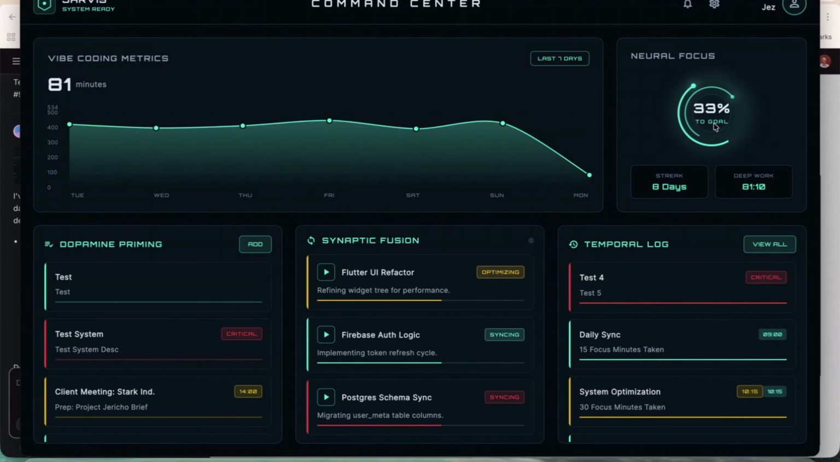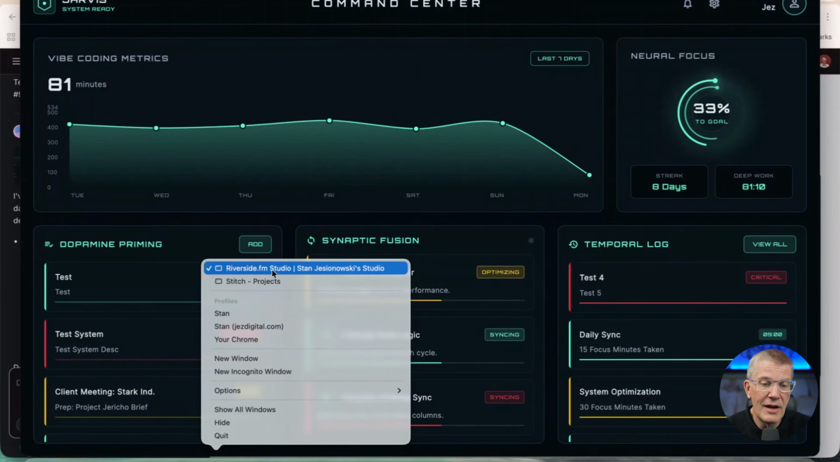Over here, we've got the focus time, how long we've been running it for. And over here, I've got total vibe coding metrics, like how many minutes today that I vibe coded. So let's get started on creating your very own system. The first thing that you want to do is go right here and go to